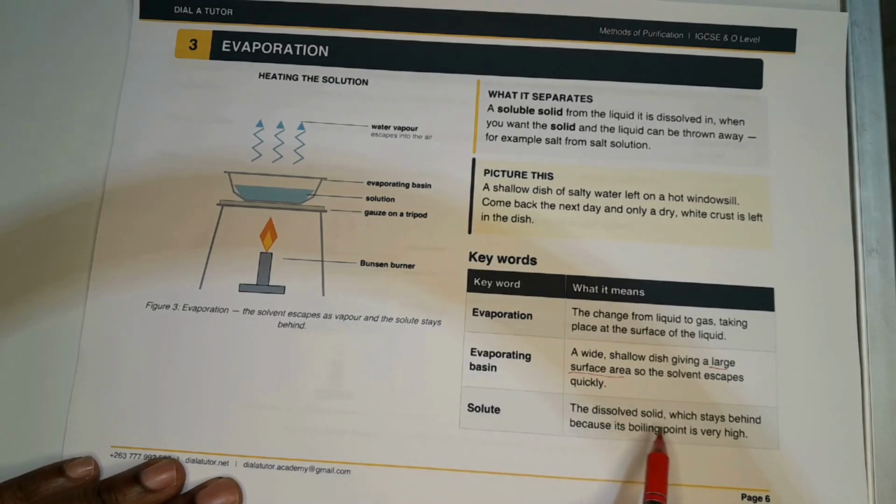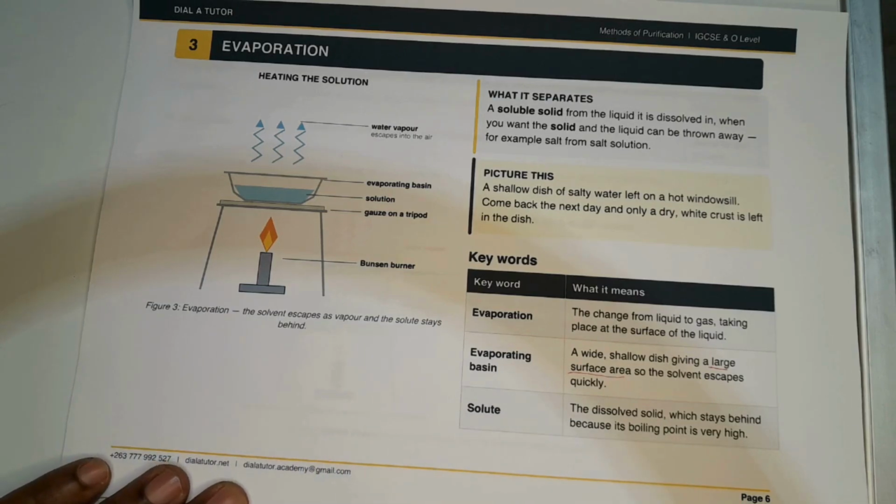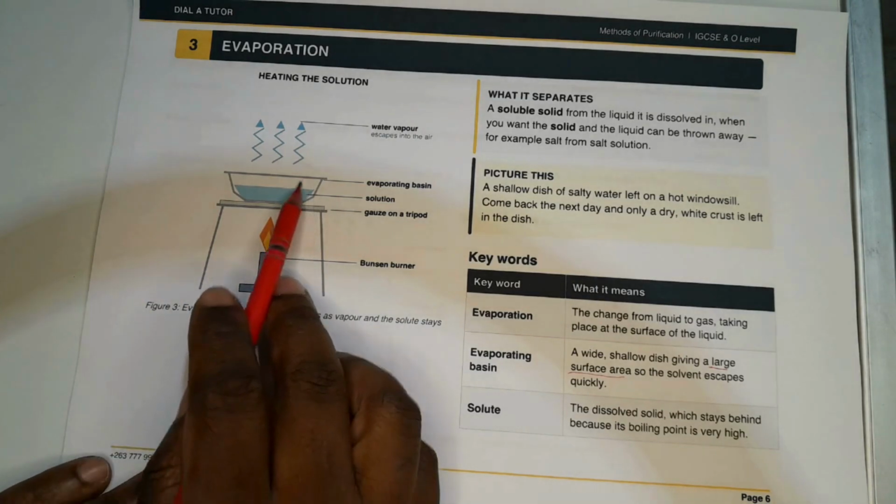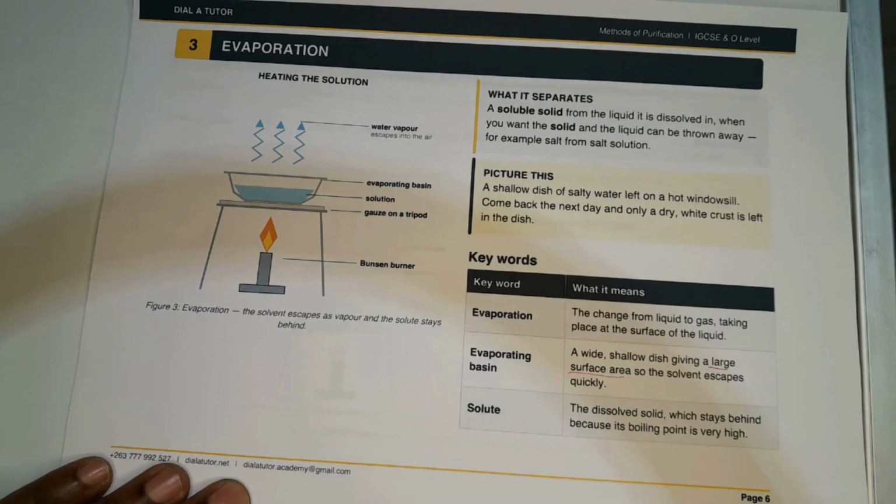Solute, by the way, is the dissolved solid which stays behind because its boiling point is very high. For instance, salt has an extremely high boiling point. So what will evaporate first is the water, and therefore the salt will remain behind, because to reach the boiling point of salt will take a tremendous amount of heat. Salt water, which is an impure solution, will have a slightly higher boiling point than pure water. So it may boil around 103, 104 degrees Celsius, but for salt to begin to boil, you will need to arrive at thousands of degrees Celsius. So it means that your salt will remain